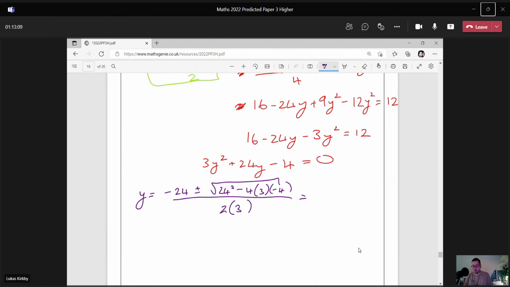And that should give us two options. So minus 24. Let's start with plus 24 squared minus 4 times 3 times minus 4 divided by 2 times 3. And so our first option is